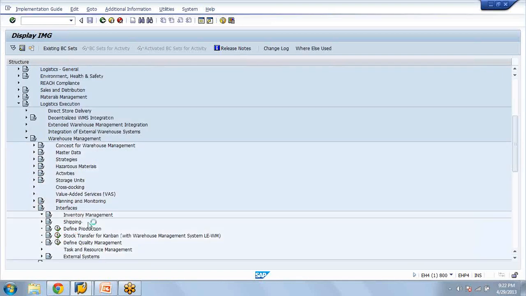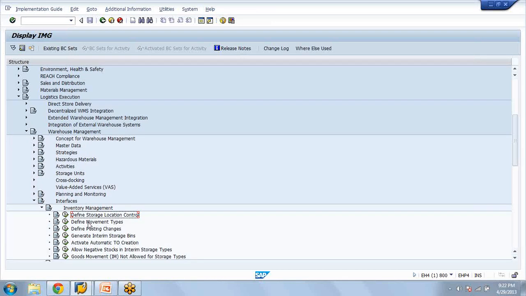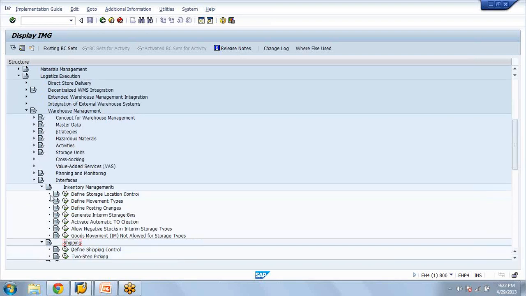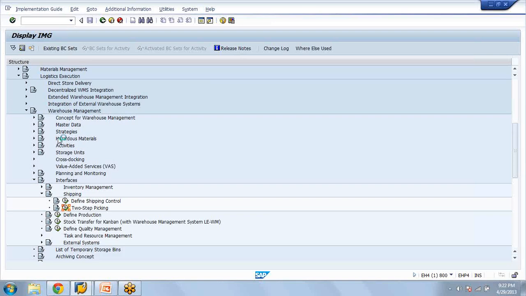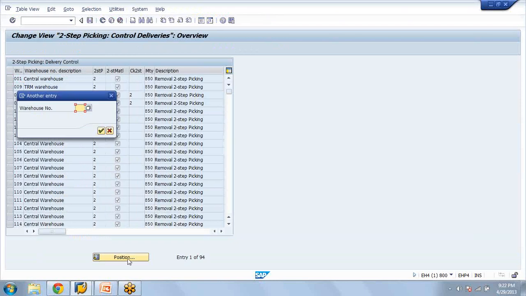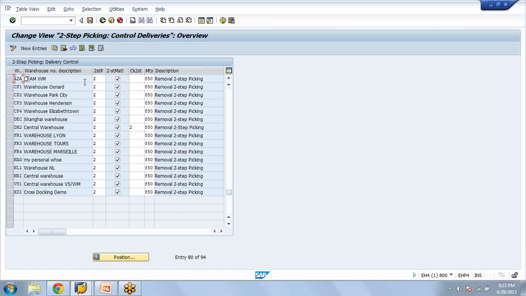In shipping, in two-step picking, again the same, you need to maintain delivery documents to be processed in the two-step process. So first we did it for the transfer requirements, and secondly, we have activated it for the delivery processes. And also